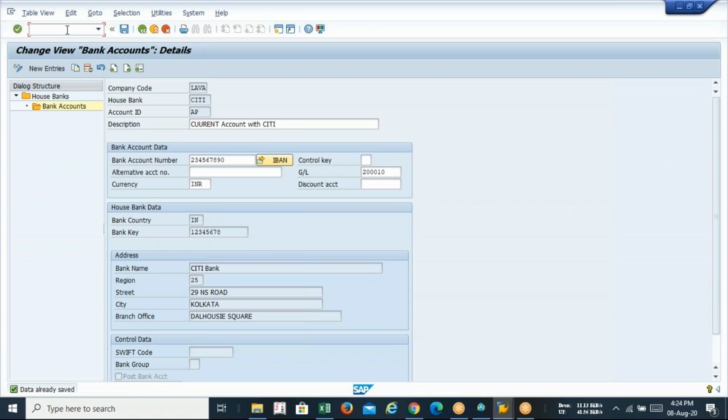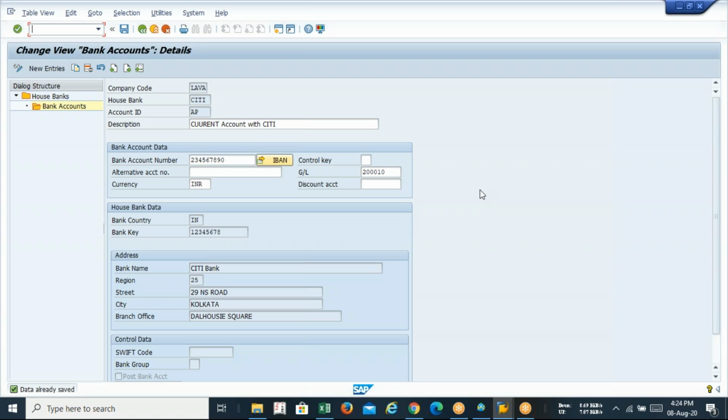So at the time of configuration of automatic payment in SAP FI, guys, what we are supposed to do first? We are supposed to create a new house bank with 3 GL. What are the 3 GL? Incoming payment, outgoing payment, and main account. Every one of you getting this?